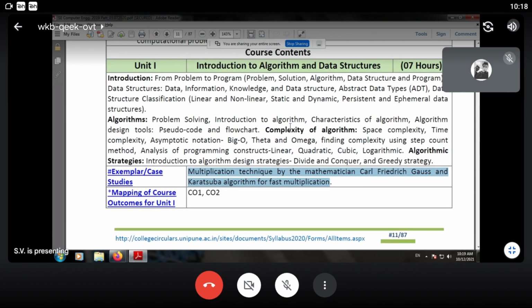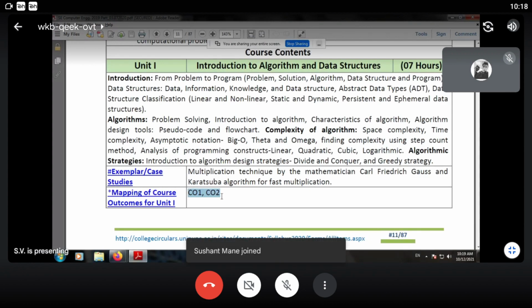So over here, the objectives are defined. You can see the course objectives. Are you able to see CO1, CO2? Yes, participants? Okay, so the highlighted part, that is the course objective, is only completed if you are able to implement this algorithm.